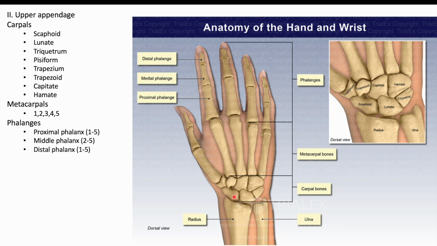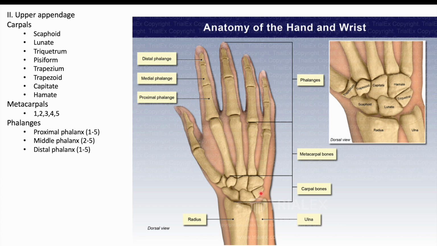Now, with these 8 carpal bones, we're going to start with the one that is closest to your thumb. So we have the scaphoid right here. Then we have the lunate. Then we have the